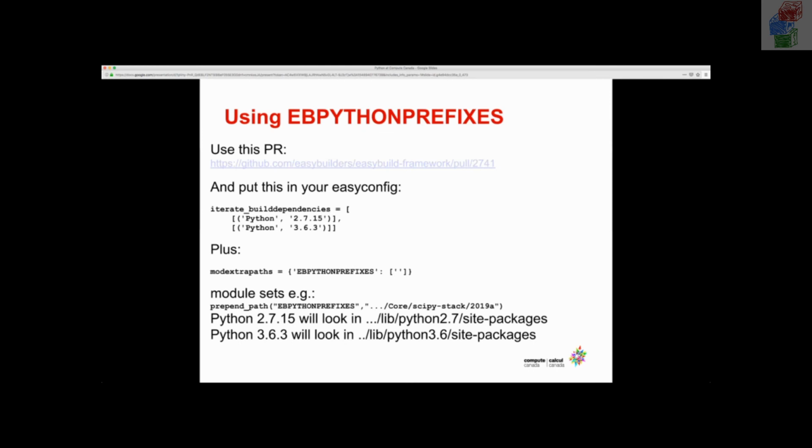Which is kind of the way it happens in standard Linux distributions that don't have modules. So what we put in the easy config is a new option named iterate build dependencies. This name is up for discussion. I just put in a PR on the framework where I added a new dependency parameter called iterate build dependencies, which is on top of build dependencies and just iterates through a bunch of dependencies and uses them at build time. It's a similar mechanism as you can already do with builddeps and configopts. You can iterate through them, and then the build is just happening n times